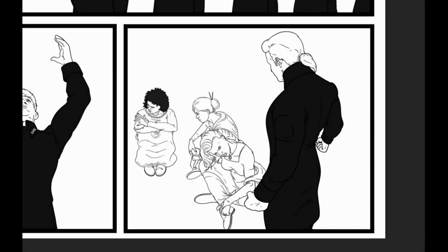Hey up. So I've been working on this comic based off of Robert Jordan's The Wheel of Time. Going to be posting it here on YouTube. And as I was finishing off this last panel, I thought to myself that it'd be a good time to